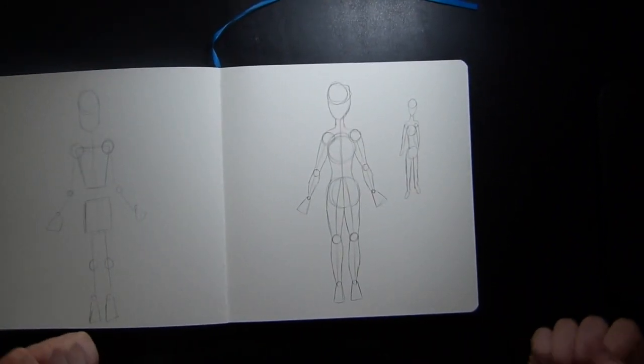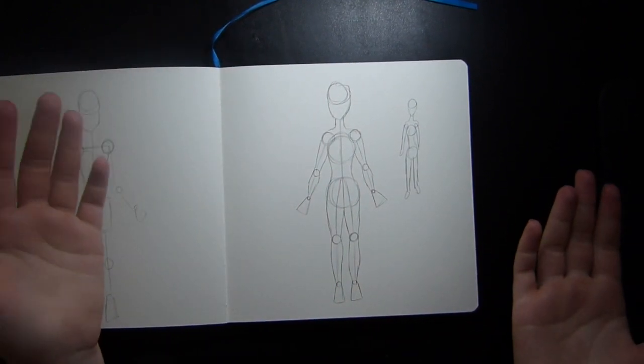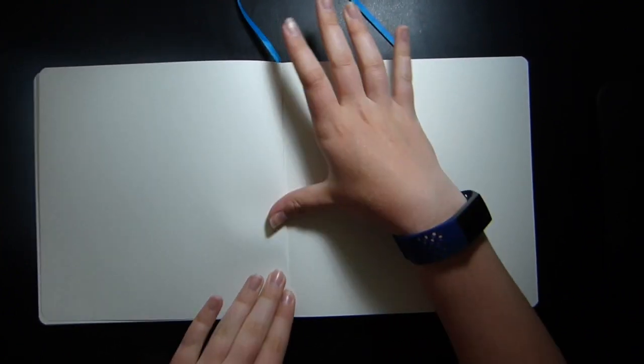So yeah, that is your basic structure, and now that I've explained it, we are going to turn the page, and I am going to draw both a boy and a girl using those structures but different poses, and just write in the comments when you guess who they are, and